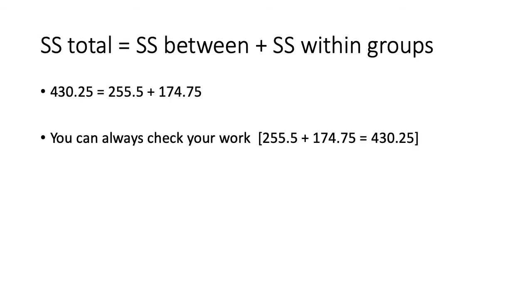So if this was a between subjects design, this is where we would stop. These would be all the sum squares we would need, right? We would have total equals between plus within. And I want to point out that I like to check my calculations. So here you got 255.5 plus 174.75. If you throw that in a calculator, you find out that I am correct, that this formula works,